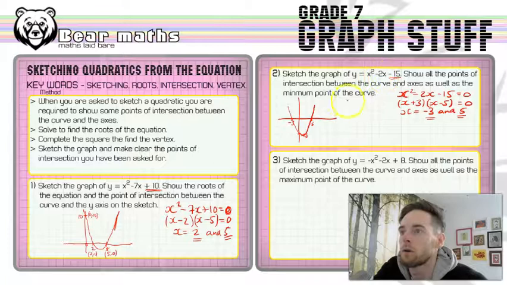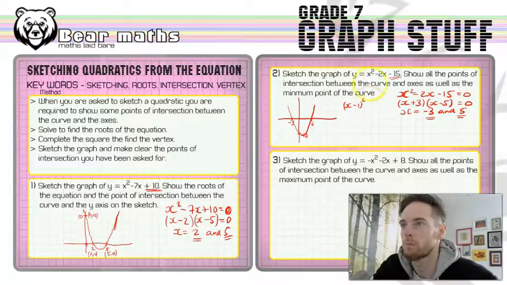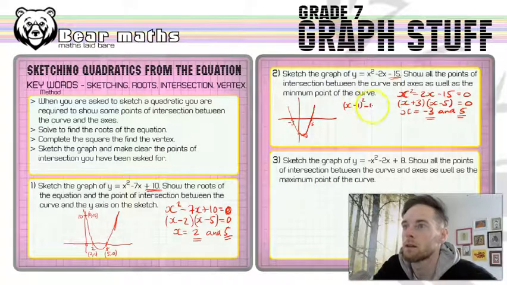And to get the minimum point, complete the square, so x minus 1. Again, if you're not sure what I'm doing, go and watch that completing the square video in more detail in the algebra section. Square this number, take it away from the outside, so it's going to give us minus 16. So we can see that the minimum point